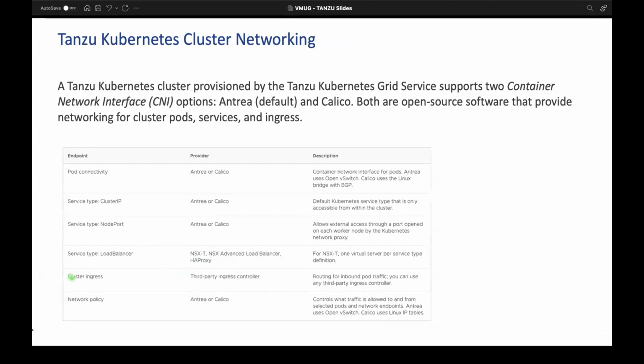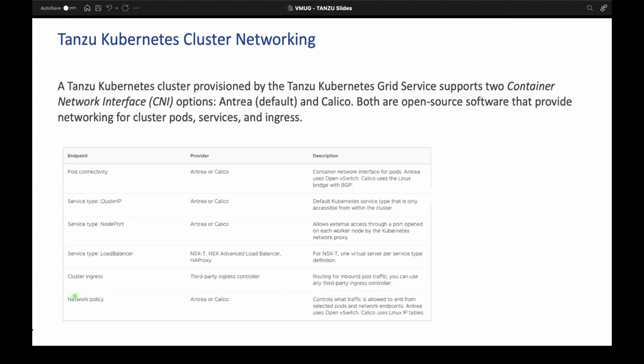And then we have something called ingress. This is needed when you want to expose your applications, when you want to access your applications or containers using HTTP or HTTPS connectivity. It helps in providing SSL termination. And we have third-party ingress controllers available, for example, Nginx.